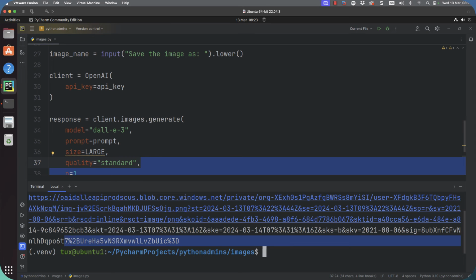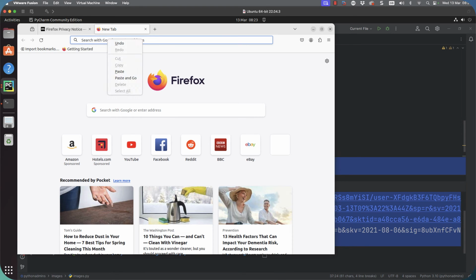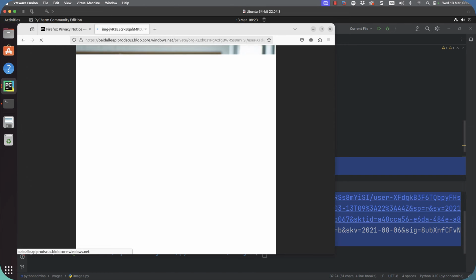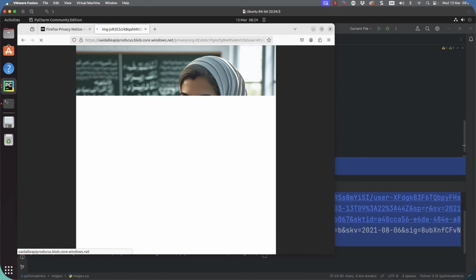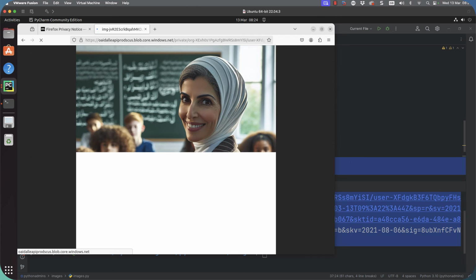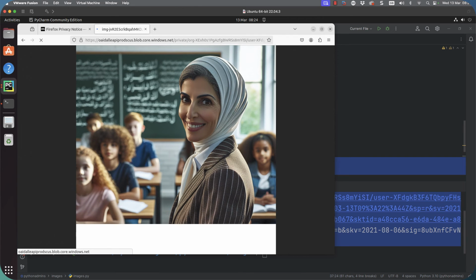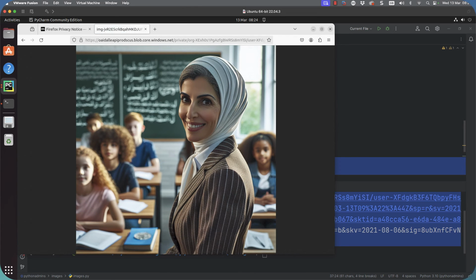Let's make sure we copy it. It doesn't seem to link the whole element. Jump into our browser. And we can see then the result coming back. Well, it might not have done it as anime, but it's certainly a reasonable image, and we might well be able to use this. So this is good.